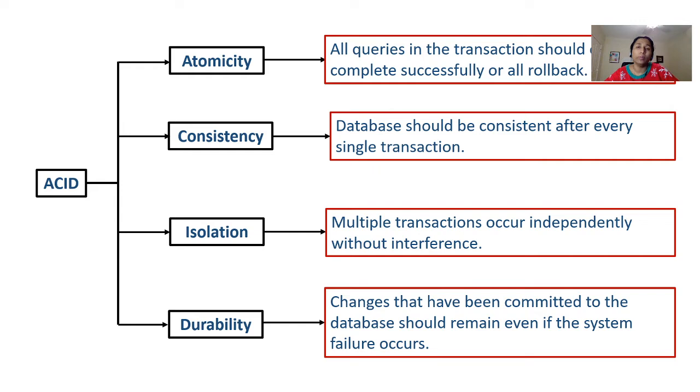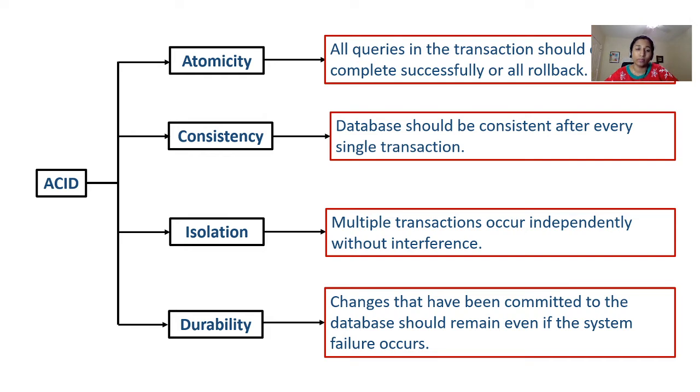I stands for isolation. No matter how many concurrent transactions are running at the same time, each and every individual transaction should be independent of each other without interfering with any other transaction. That's isolation. Like for example, I wanted to insert a couple of records into a table, and while I am doing that insert, none of the other transactions should be interfering with my transaction.